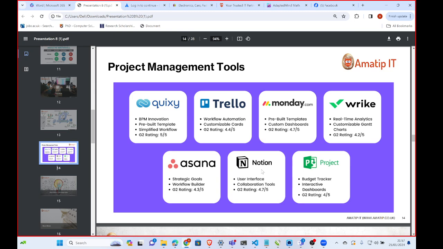By next week, each of us, for the tool assigned to you, try to find as much information as you can about that project management tool and come and tell us what you learned. For instance, by next week you tell us what you find out, a quick overview about